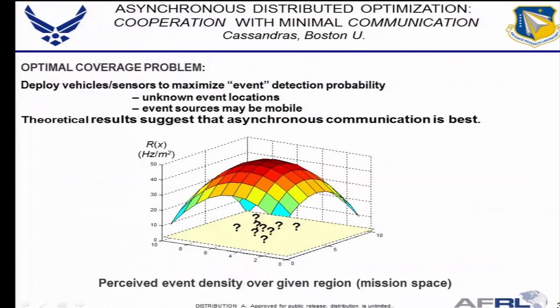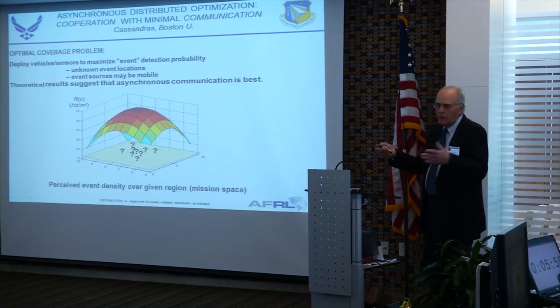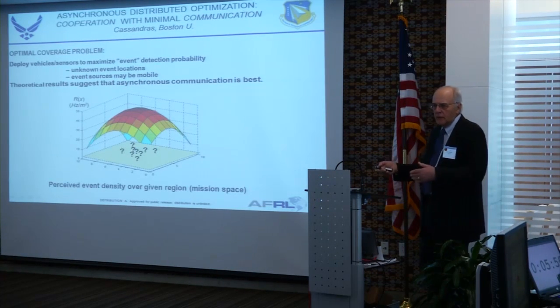In this same area of uncertainty and decision making, I like these results from Cassandras at Boston University. This is just a little schematic to say you've got some vehicles that are searching for events in an area. There's some sort of uncertainty. The question he asked is, do we need the things that are searching this space for the events, being bombs, landmines, bad guys, whatever,